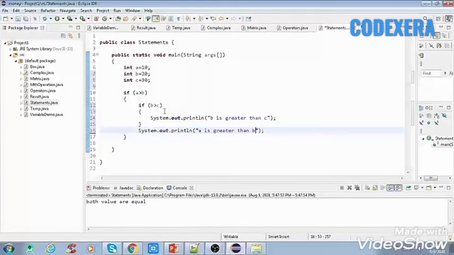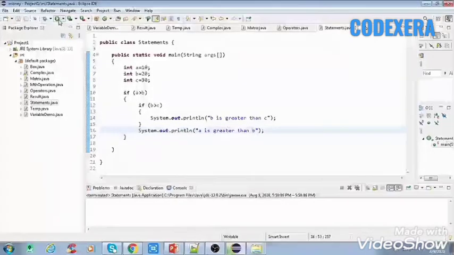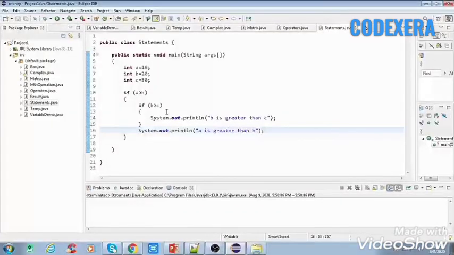Now we'll see what will be the output, then after that I will tell you what is happening here. So here we are not able to print anything.